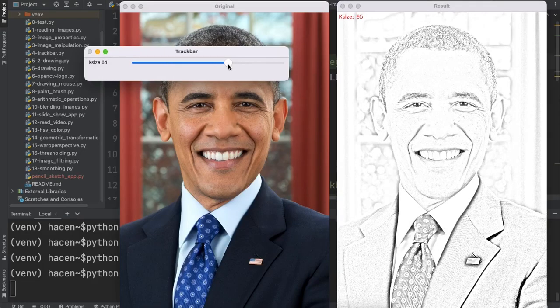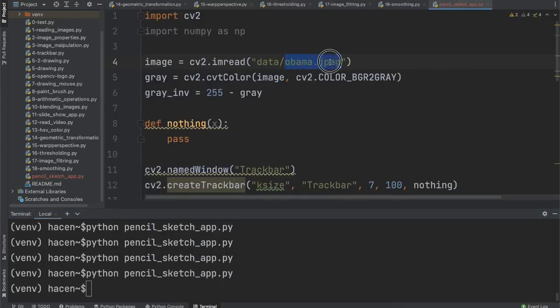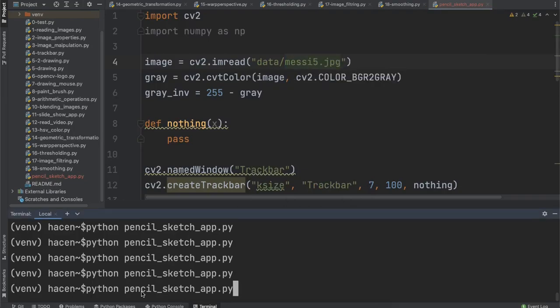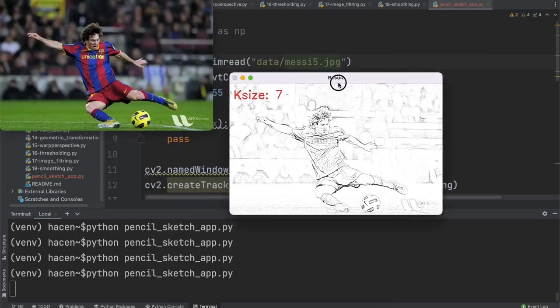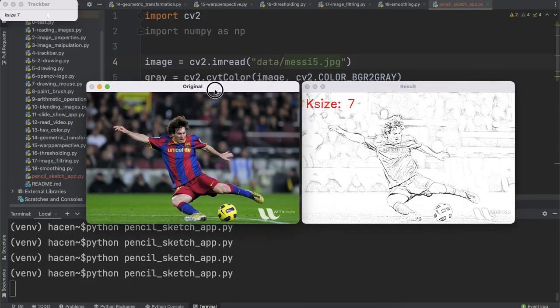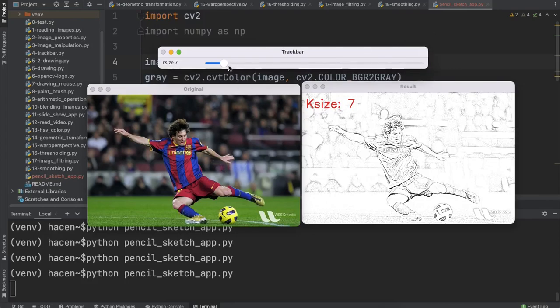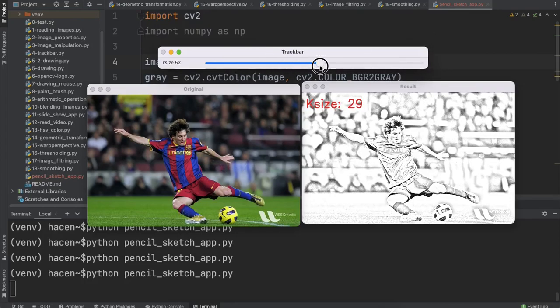This is a very big image, it may take time to change it. We can resize it if we want. We can also use the Messi image. So this is the image of Messi, original, and the trackbar here. So as you can see,